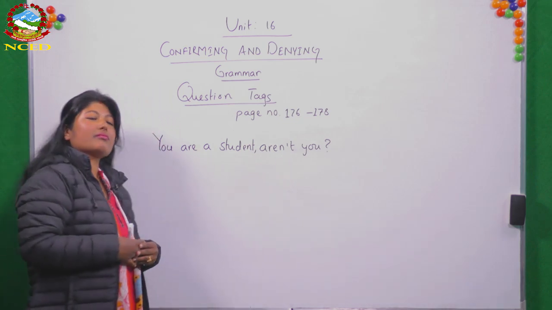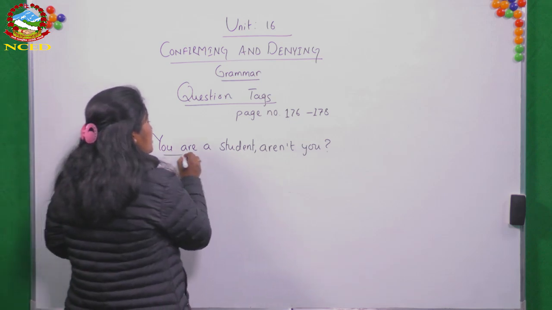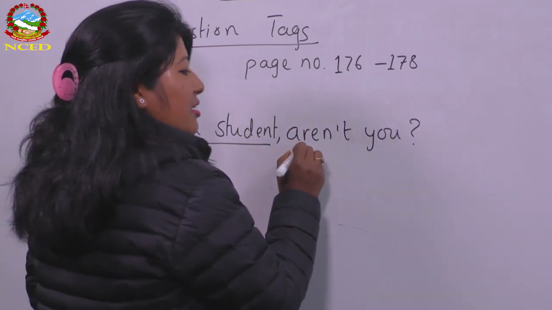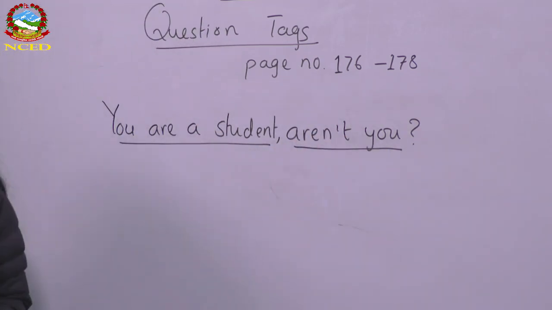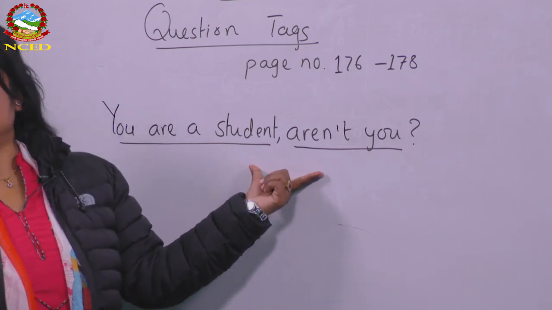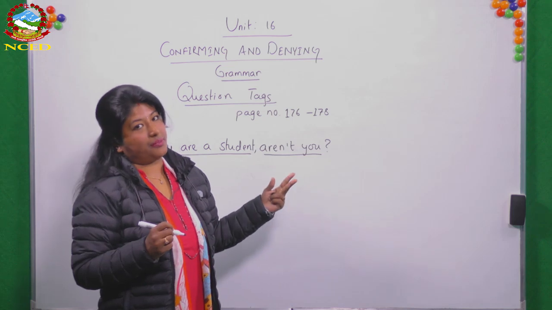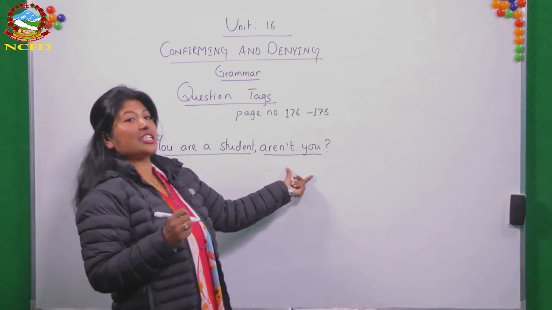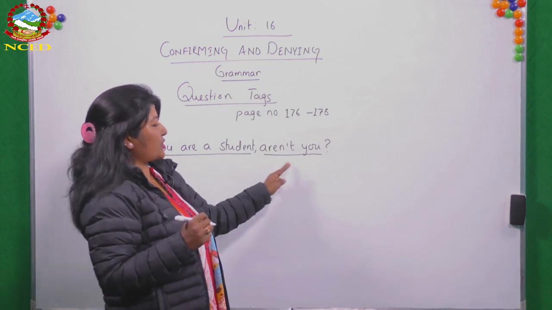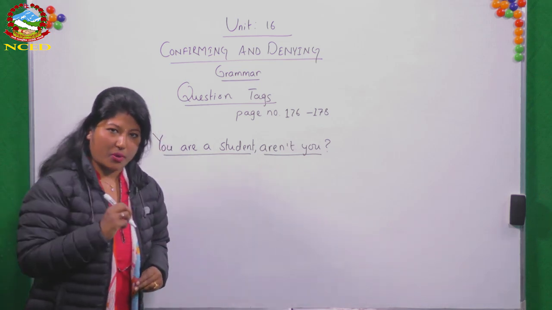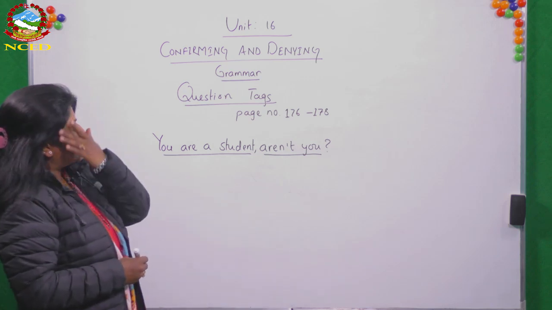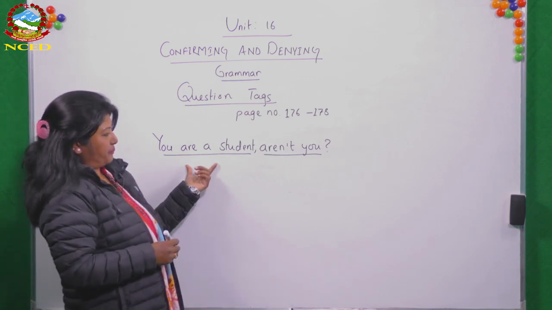Let's see. Okay, "you are a student" is a statement part, and there is another part that is a question. So we can say that there are two parts in a question tag, right? One is the statement part, another is the question part. So two portions are there. That is number one. And what else can we analyze from this example? The next one is,